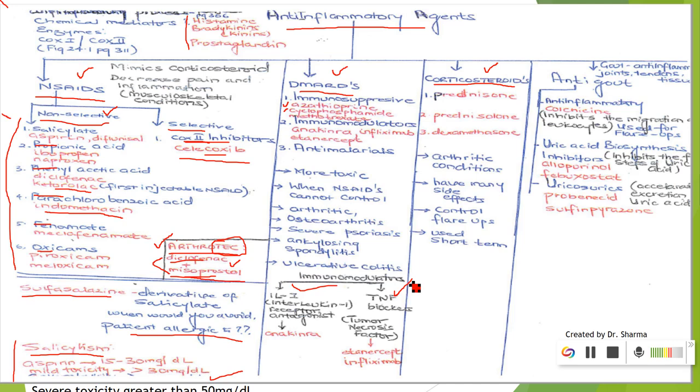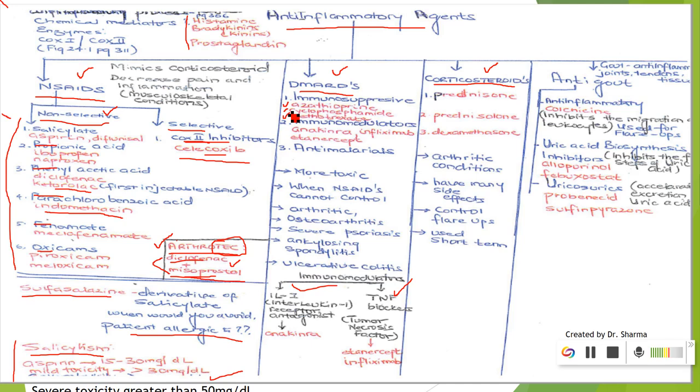Some of these medications warrant keeping track of the BUN, the ALT, the AST, the liver enzymes. That is something I want you to keep in mind. So you have immunosuppressants, immunomodulators, antimalarials. I want to talk a little bit about methotrexate. Methotrexate is an immunosuppressive. Whether it's an immunosuppressive or immunomodulator, one thing you need to keep in mind is